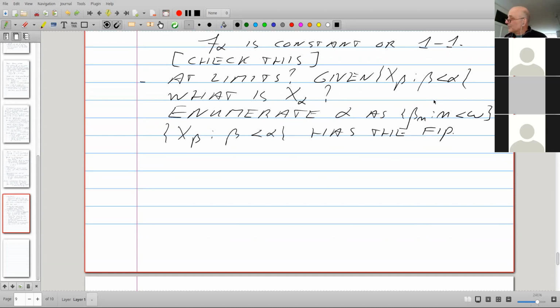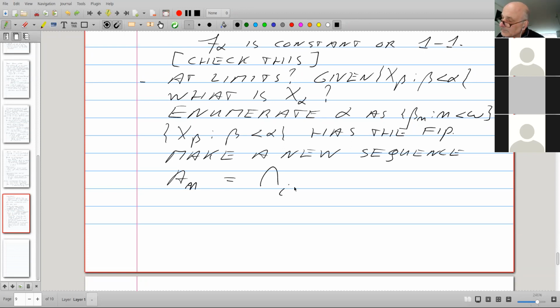And what are we going to do? We make a new sequence. We make a new sequence of sets. What do we do?